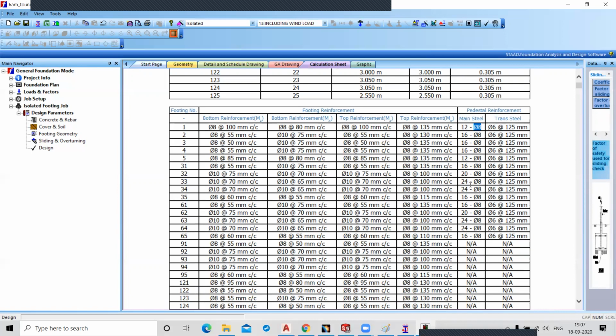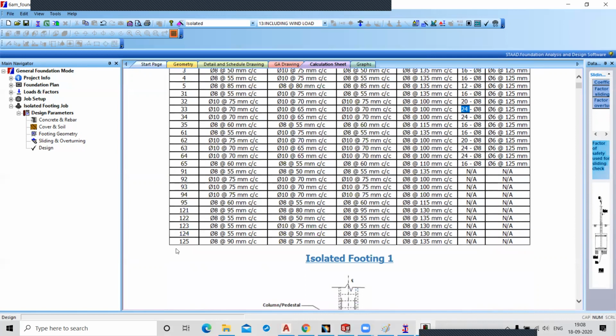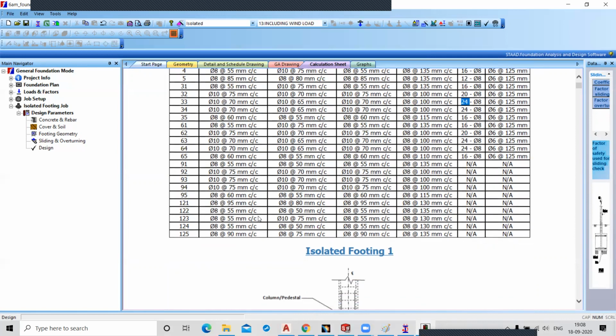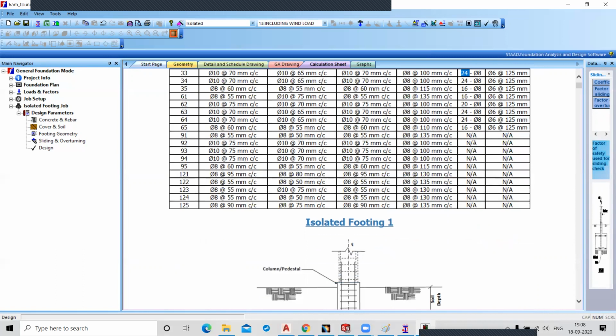So see, according to load, the number of bars changes: 24, 24, 26, 16, 20, 24, 24, 16. Yes or no? Yes. So this is all about the 25 footings. Where the pedestal is not considered, NA is written, not applicable.